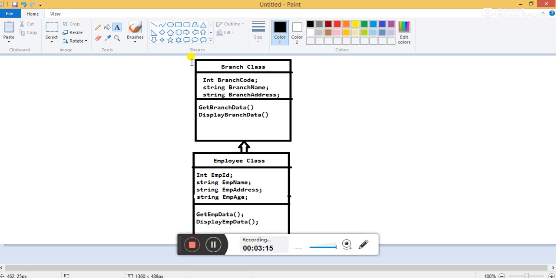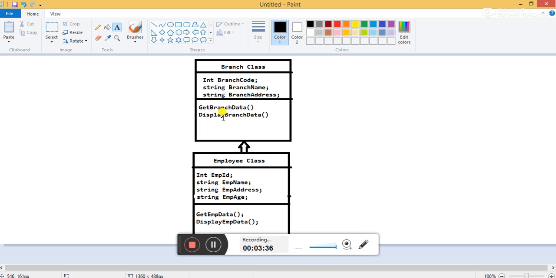I have declared a class, the branch class. Under the branch class there are data members: branch code, branch name, and branch address. To get the input, the first function is branch data, and to display the data on the output screen, we use the display branch data function.